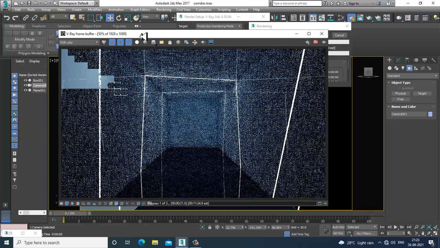You can add a darker color also if required, or else you can even add some marble texture.